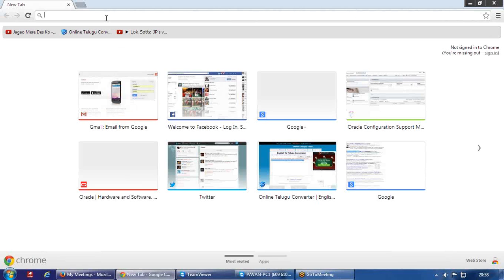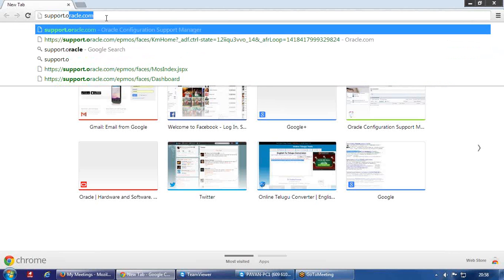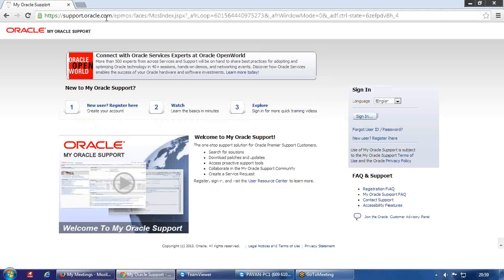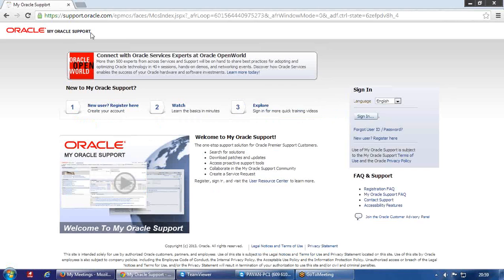Just like when you take some license you get customer care support, similarly, whenever you purchase a license from Oracle, you get a license number and a customer care kind of support, and we can contact that using this site, support.oracle.com. This we call My Oracle Support.